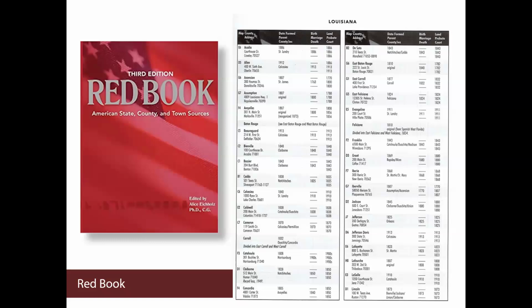Another great book is The Red Book by Alice Eichholz. And this gives some great details on counties, when they were formed across the United States. And it also gives you when vital records started, and when probate and land courts started. So it's a quick guide. Now, you don't have to rush out and get it because it's out of print. But what you can do is find it online. And I've supplied this URL for you. And on the next screen,